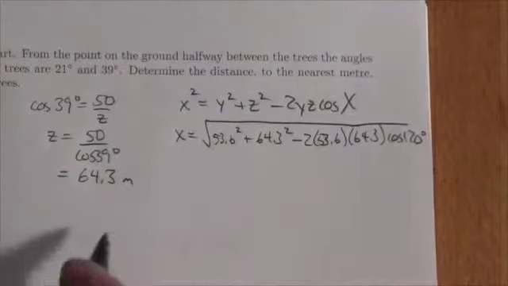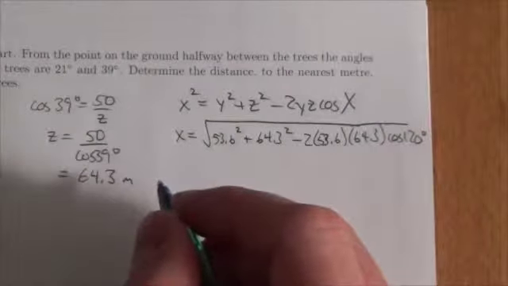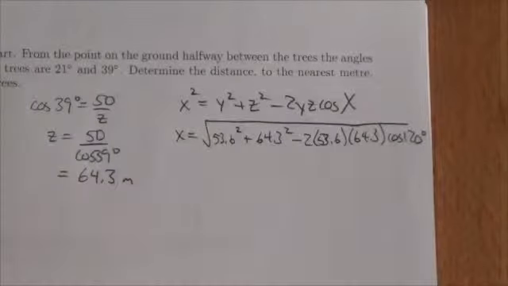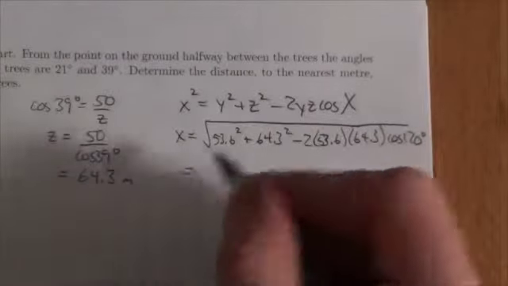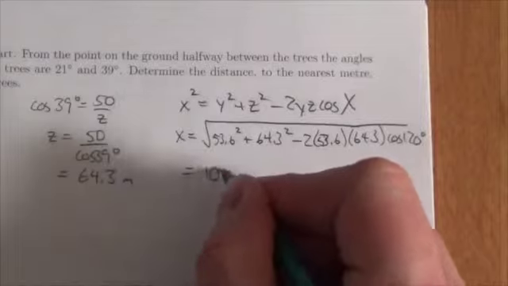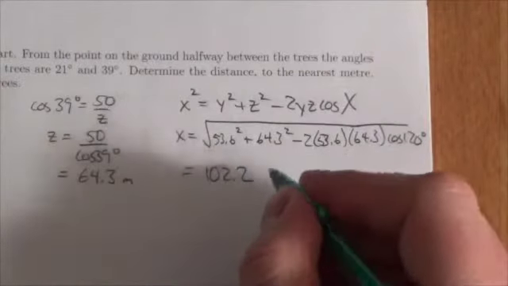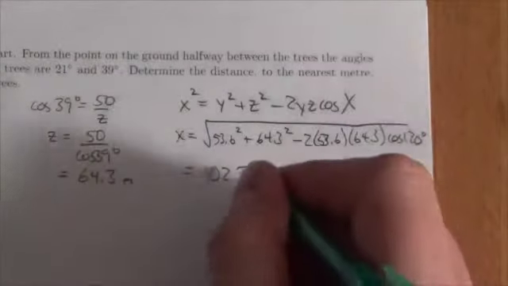And now this is just calculator work. So plug this into our calculator. The square root of 53.6 squared plus 64.3 squared minus 2 times 53.6 times 64.3 times the cosine of 120, and we get that the distance between those to the nearest tenth is 122.2